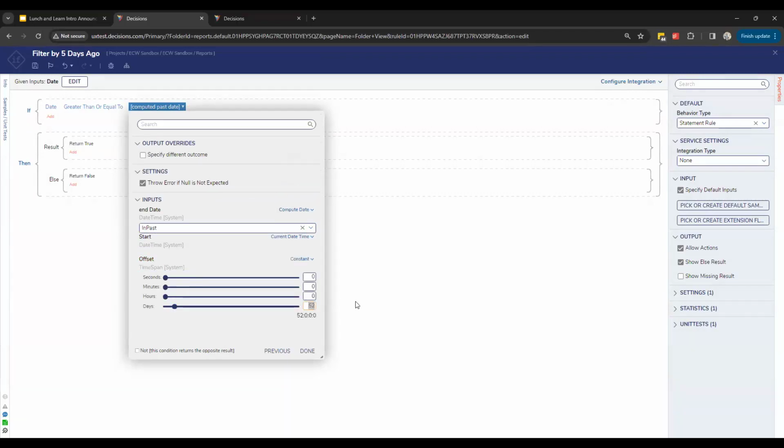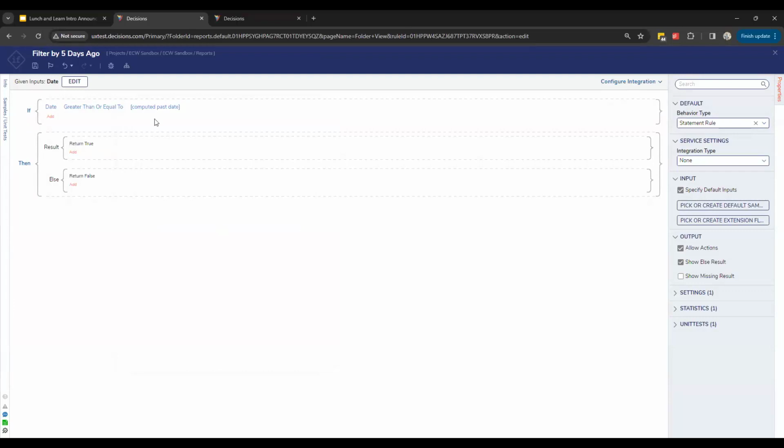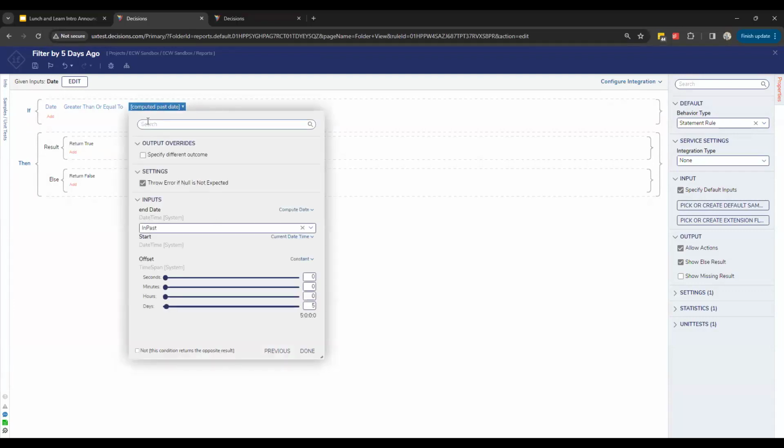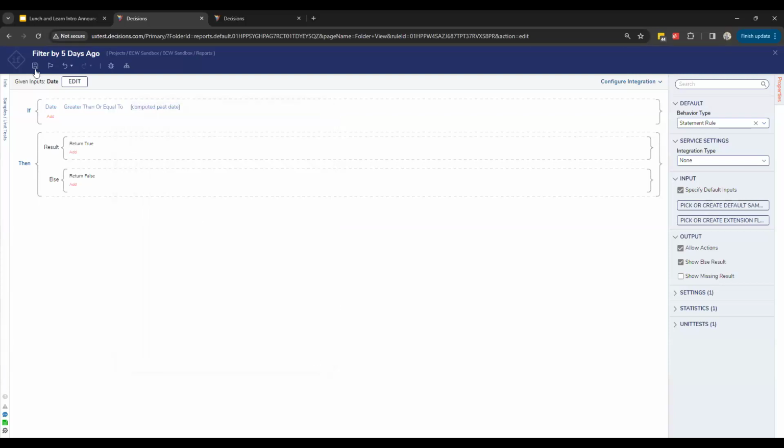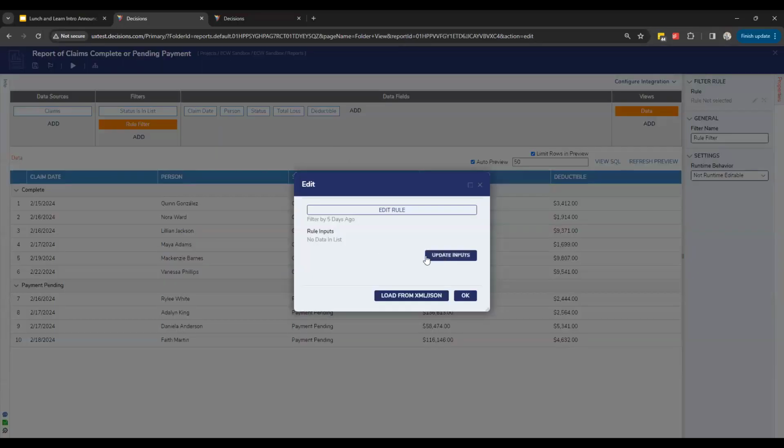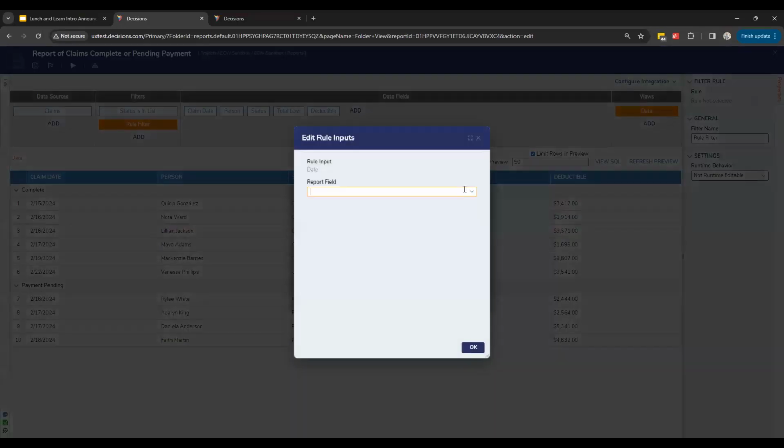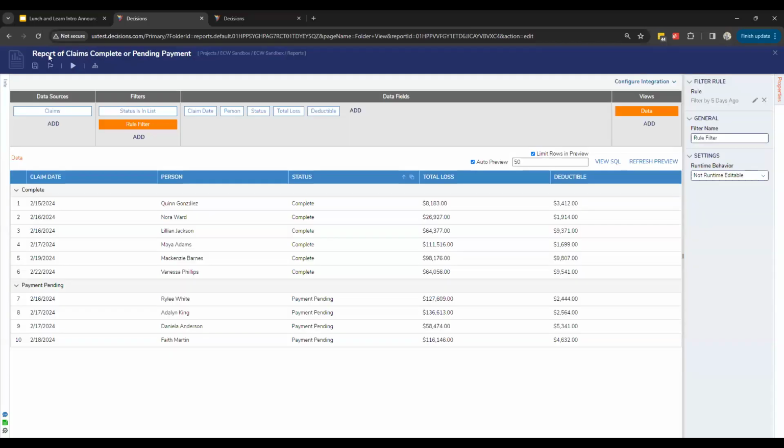And this is, oh, let's just type that in because that's a crazy control. So this is part of our mapping editor. If you're mapping into dates, you can use this mapping type called compute date and calculate a time in the past or the future for stuff exactly like we're doing. So I do this. I connect it to my date column really quick. So I say, yep, you're actually going to use the claim date as the variable there.